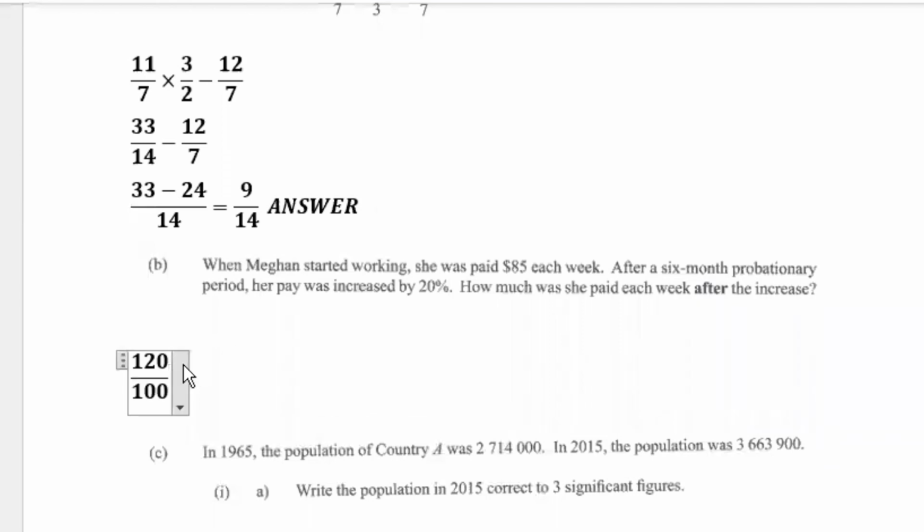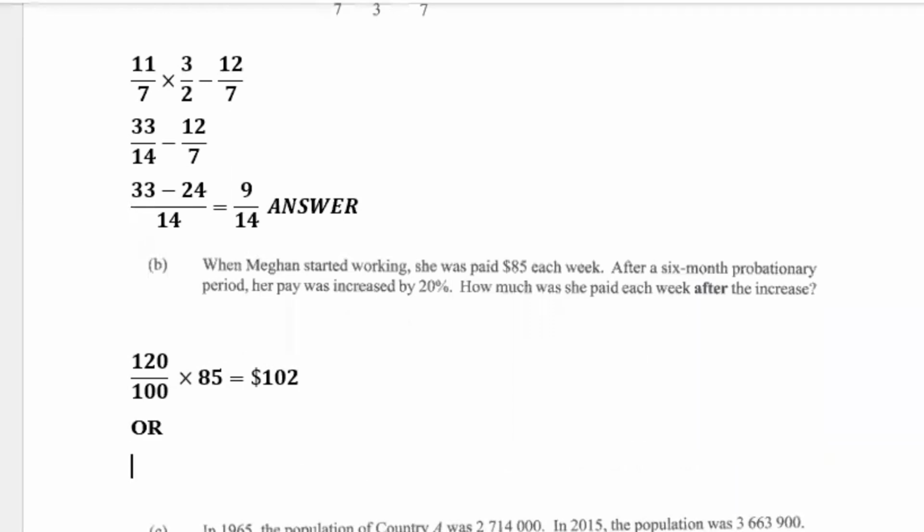120% of her salary. So you can do that by saying 120 over 100 being multiplied by what the salary was before, which is 85. And this will give you your answer of $102. So that is one way. Very good, Selena. So that is one way of working it. Or